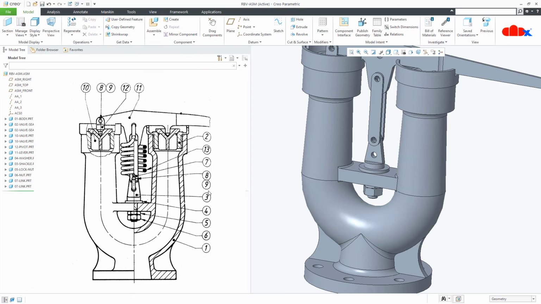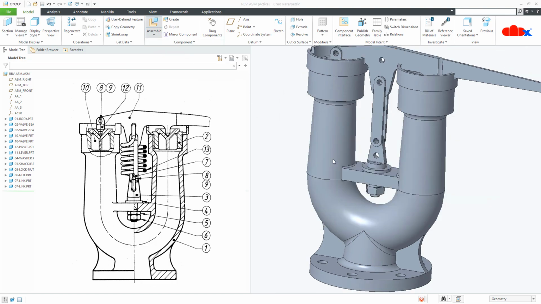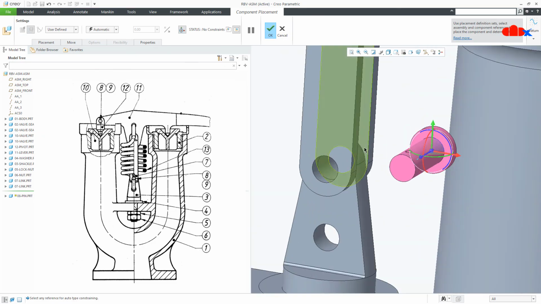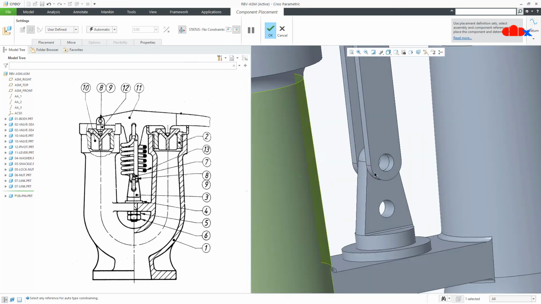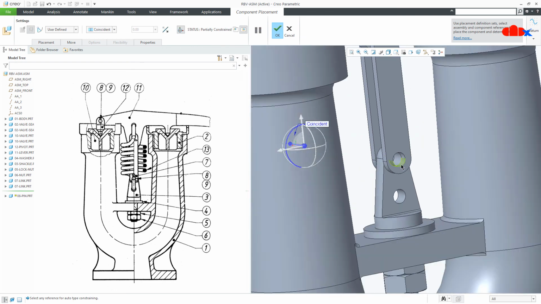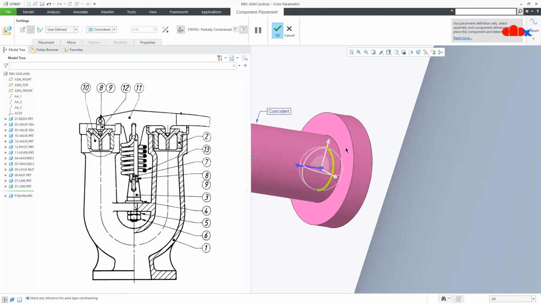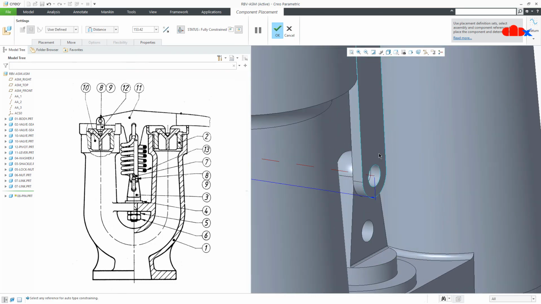Now we need to add the pin, part number 8 and 9. So go to assemble, part number 8. So first you select this face to this face, and then you select this face to this face, make it coincident and say OK.